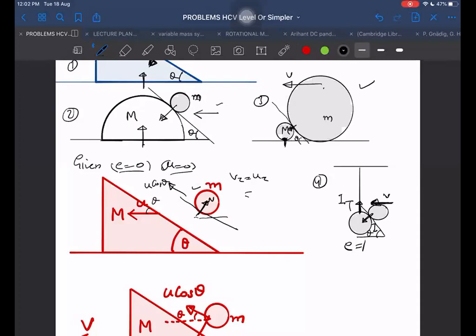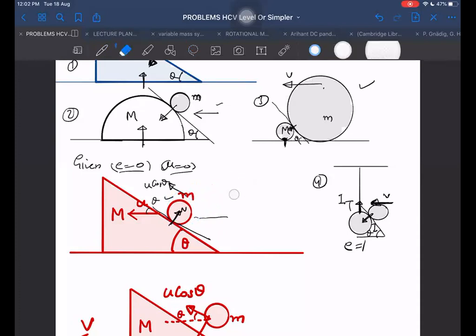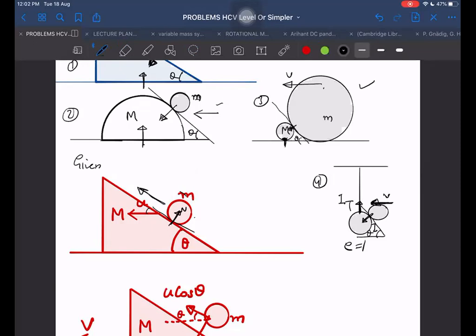Another thing I told you is that the collision is perfectly inelastic. I said perfectly inelastic. Now tell me, it will stick to it, so what happens to its other velocity? In which direction will its other velocity be? Horizontal, sir. Both will move. So one more thing, what is its velocity relative to the incline, up the incline? Is it u cos theta?